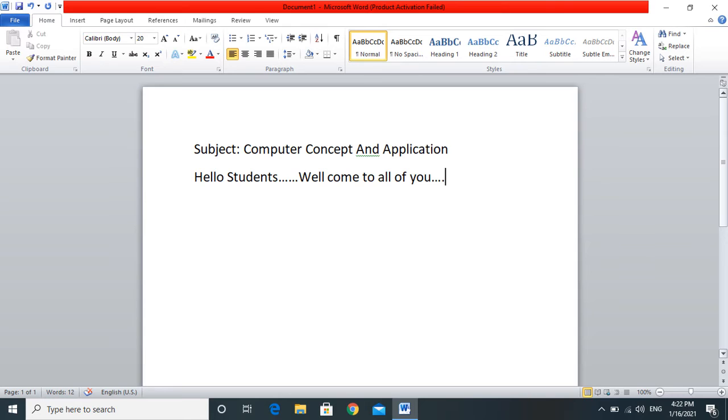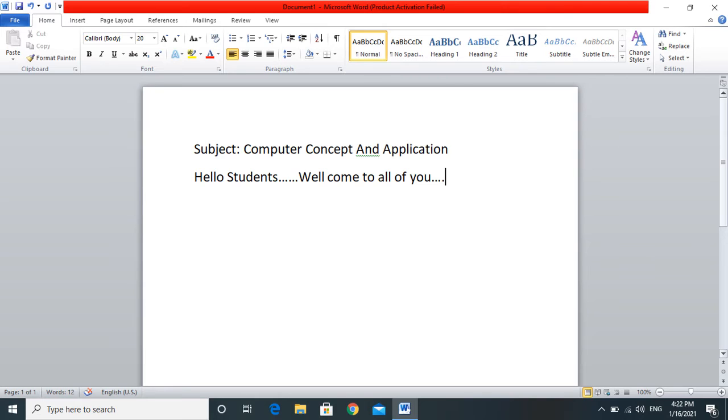This is a toolbar, which has a number of formatting options. The user can also customize this toolbar. First is the font. So this is the font tab. Different font types are provided by MS Word. To change the font type, just click on the font option. Here are the font options.